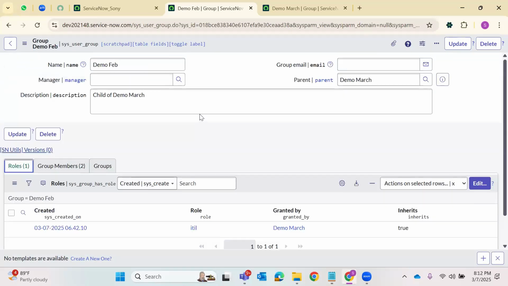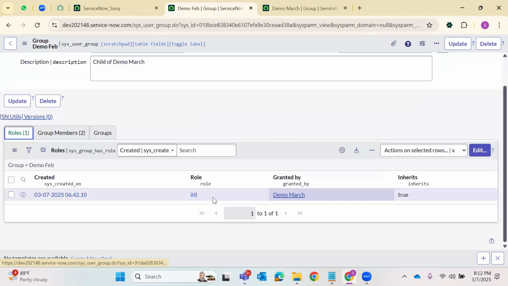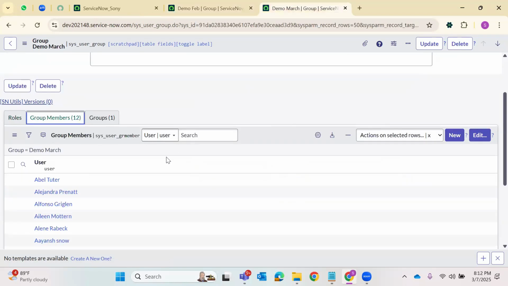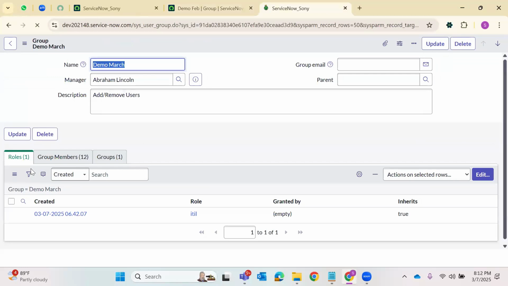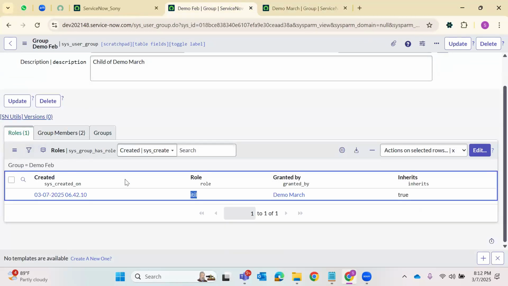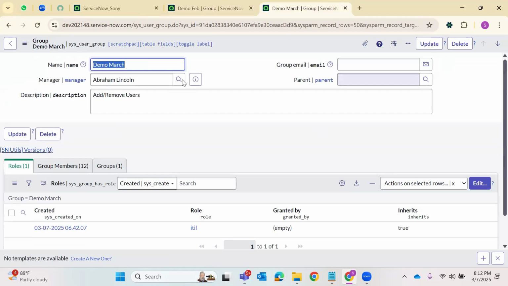Okay. I have added this role, which is ITIL, on demo March. If you refresh, you can see it was inherited by the child. The role has been granted from demo March. Even if you create demo Jan and make demo March its parent, the role from your